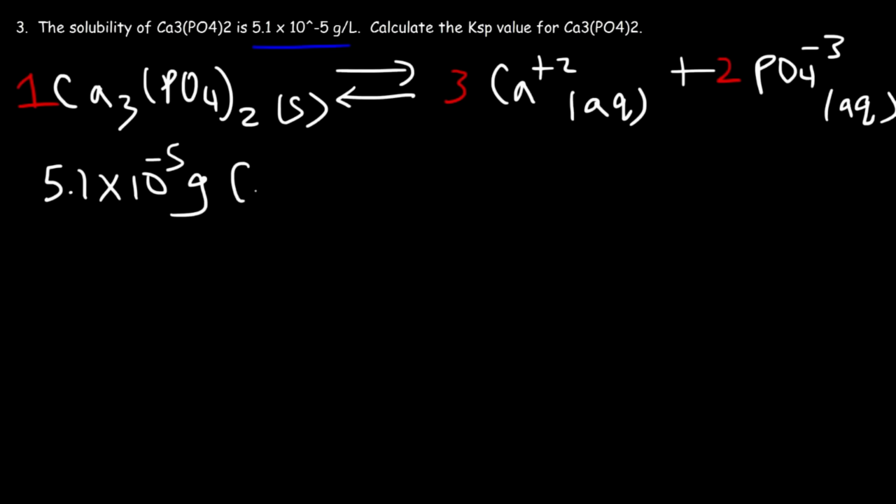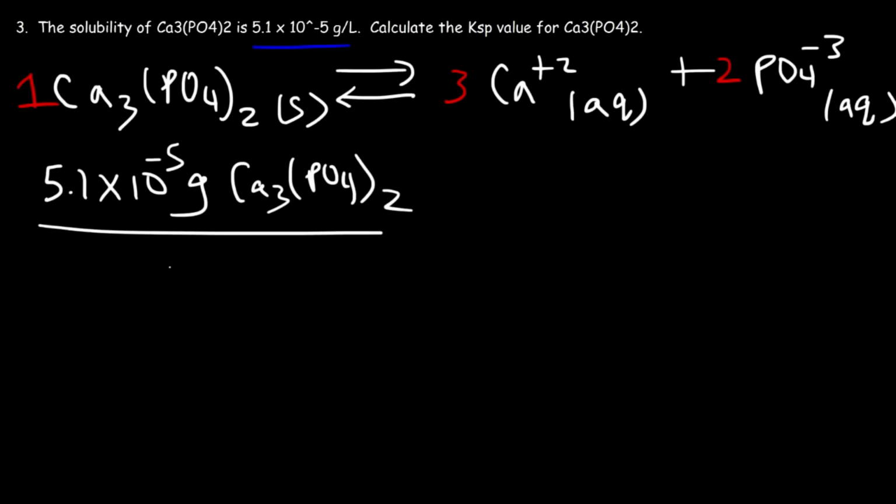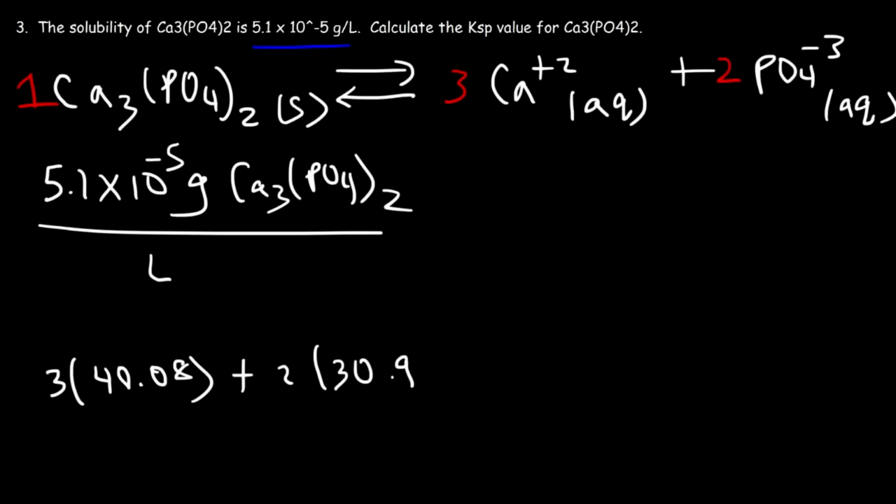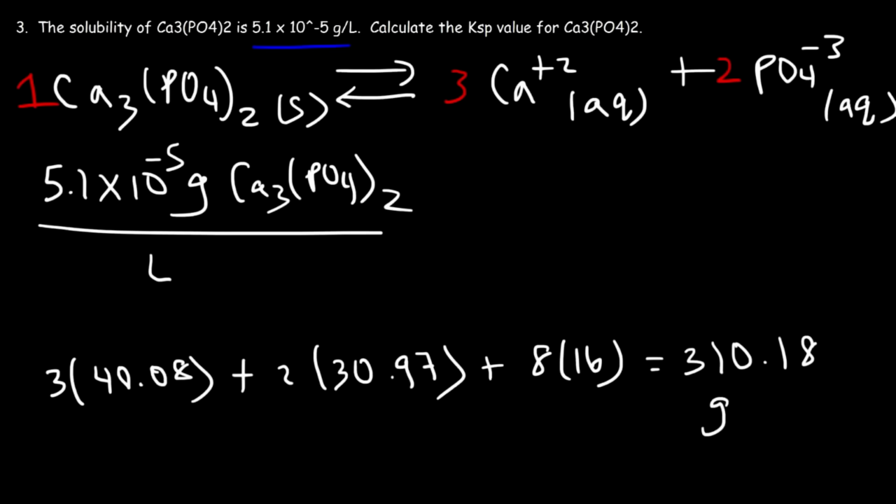So the first thing we need to do is calculate the molar solubility in moles per liter. So let's start out with this. We need to find the molar mass of calcium phosphate. So let's go ahead and calculate it. The atomic mass of calcium is 40.08, and there's 3 of them in this formula unit. And then we have 2 phosphorus atoms, each with an atomic mass of 30.97, and there's 8 oxygen atoms. So 3 times 40.08 plus 2 times 30.97 plus 8 times 16, that's equal to a molar mass of 310.18